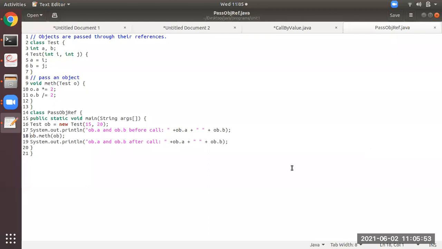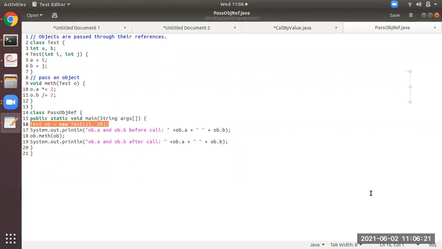Why is that? Please observe here. See here, new Test(15, 20), it is passing to the constructor. It is passing the values i and j as 15 and 20. So what will happen actually here? ob is an object which is calling its constructor. a will receive the value i, what is that i? 15.